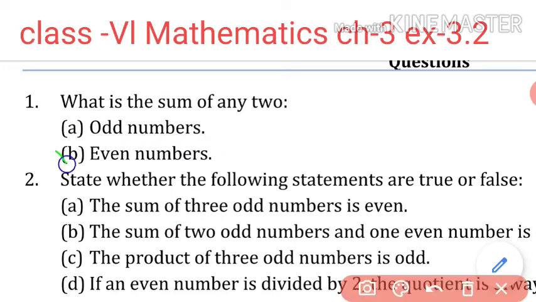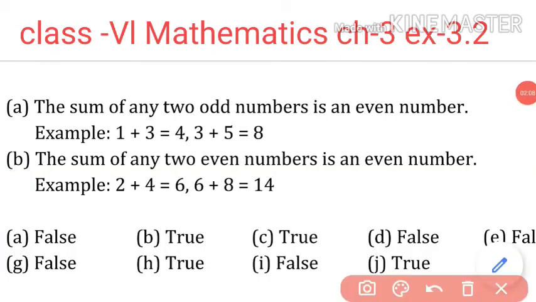Now the second question, B. What is given here? Sum of any two even numbers. Now 2 is an even number, isn't it? Now again 4. 2 and 4 are even numbers or not? Even number means which we can divide by 2, isn't it? So 2 plus 4 is how much? 6. So the sum of two odd numbers will make an even number, and the sum of two even numbers will also make an even number. So let's see our answer.